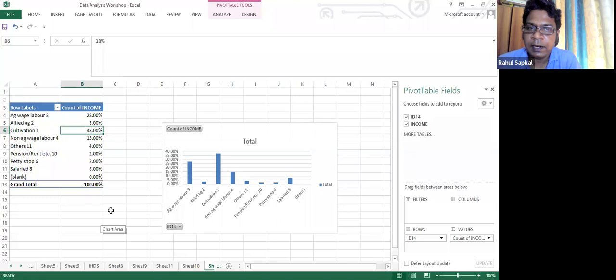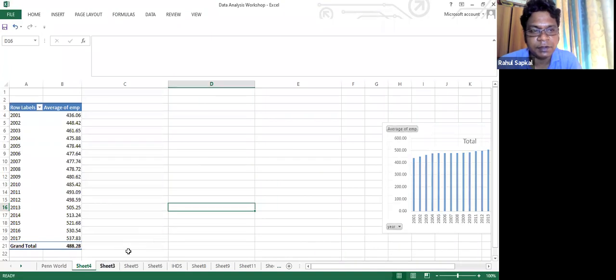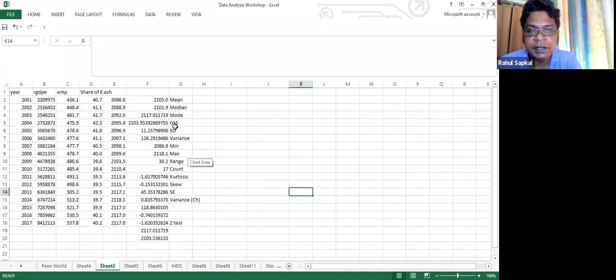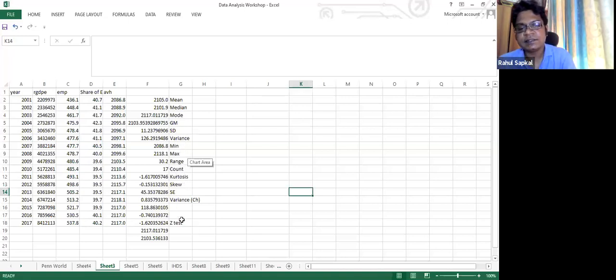Or was I too fast? Please let me know so that I don't mind repeating, because in the next 1 hour we will be calculating all the 15 ratios which I discussed in the slides also. These ratios are mean, median, mode, geometric mean, standard deviation, variance, minimum, maximum, range, count, kurtosis, skewness, standard error, variation, and Z test. We will be doing this in the next 1 hour. But if you have a doubt in the basic chart, just let me know. I don't mind going one more time, and I would be happy to answer your query.